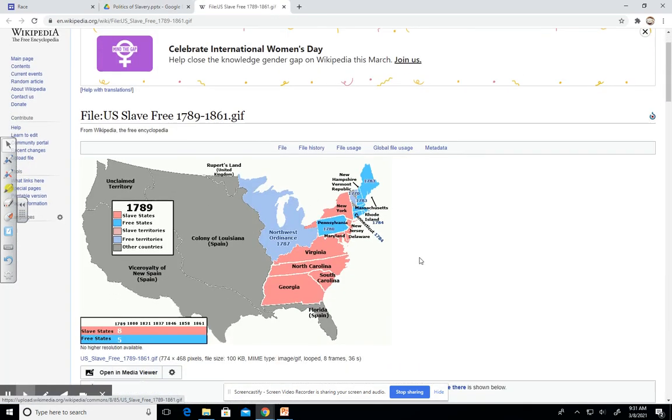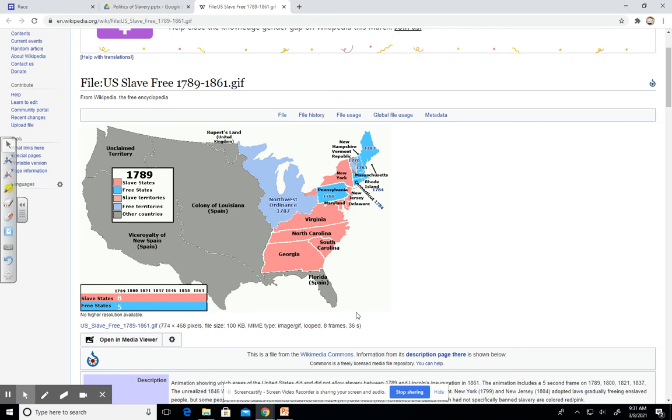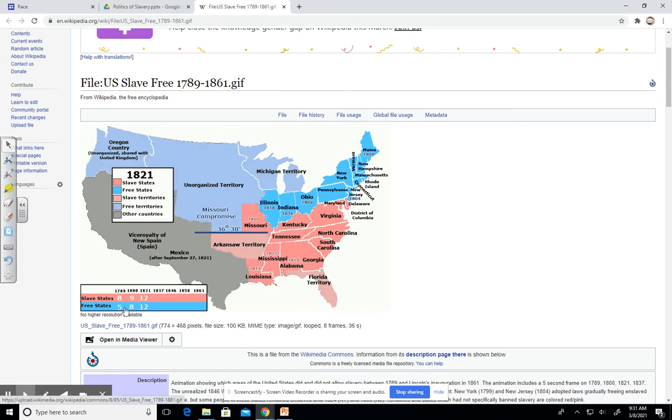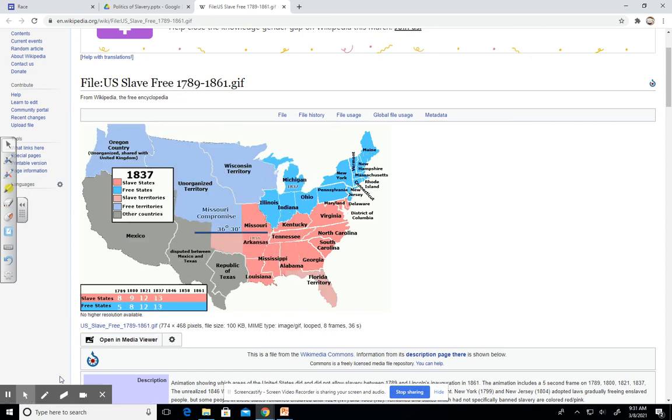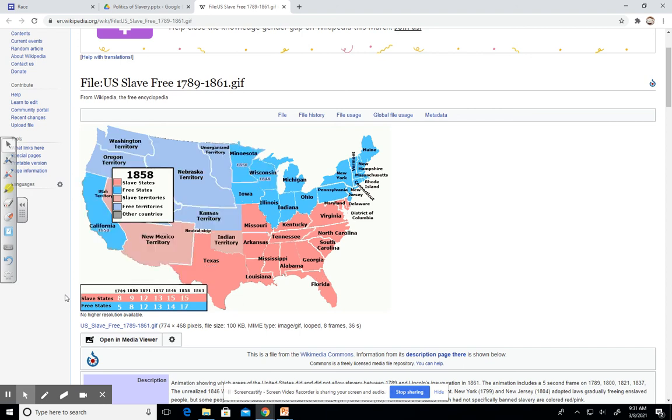Hopefully this graphic still works, even though it's Wikipedia. I do like the graphic. I think here they're looking at the slave and the free states. And so the message here is, as the United States expands, the compromises were a way to kind of keep the balance at a tie, which eventually leads to the Civil War, this frustrating breaking point among the two sides that are fighting for either keeping slavery or ending slavery.